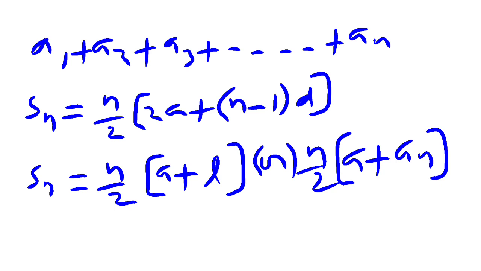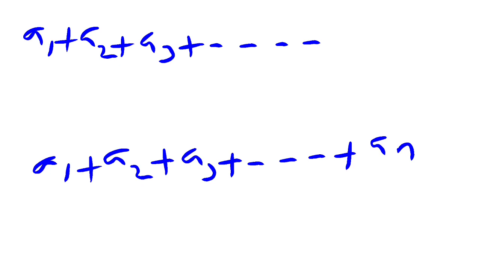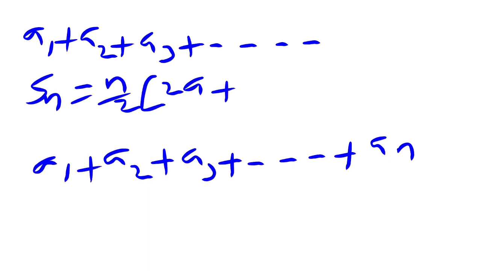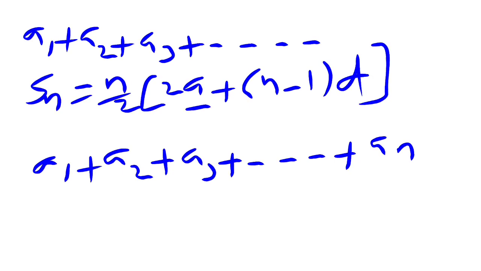So when should we use these formulas? In which situation do we use the first formula and in which situation the second formula? Here is a clear explanation. See here, a1, a2, a3 are terms, and plus means sum. But here the last term is not available. When the last term is not available, you have to use n by 2 of 2a plus n minus 1 into d. Here the a value and d value will come from the first three terms. So when the last term is not available, use the Sn formula n by 2 of 2a plus n minus 1 into d.